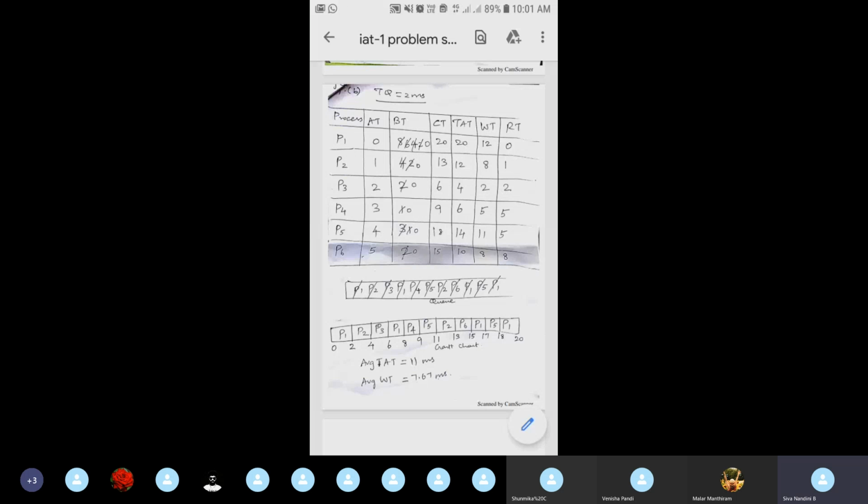So here only some might get confused while allocating, because here there will be a greater number of context switches. So in the analysis, you can also compare the context switching. In both the cases, time quantum equal to 2 millisecond and time quantum equal to 4 millisecond, which Gantt chart has more number of context switches?